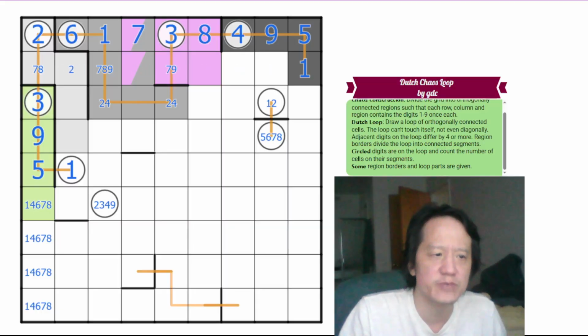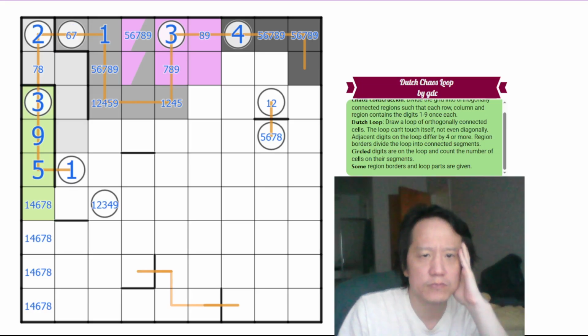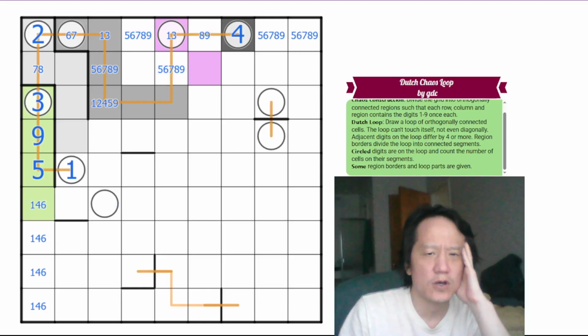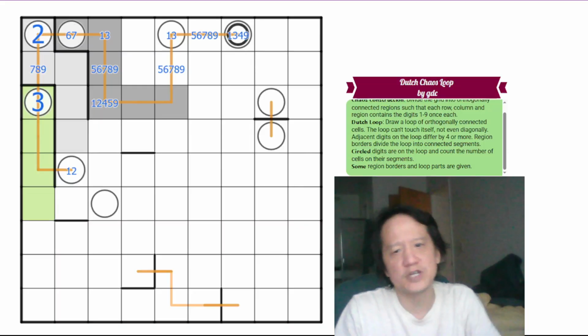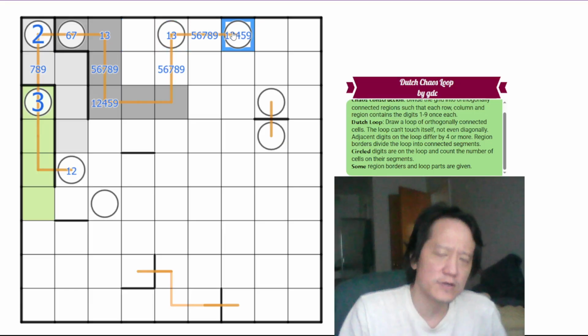No, because the 5 has to be next to 1. Yeah, there's no way that that can happen. Right? This is not good. Yeah, this could technically be 5, but I don't think it works because again, the rest of the